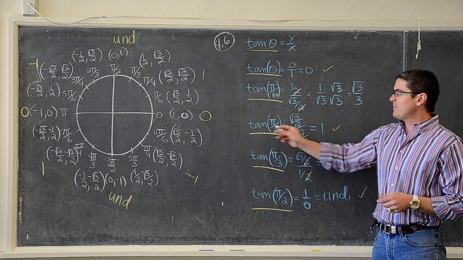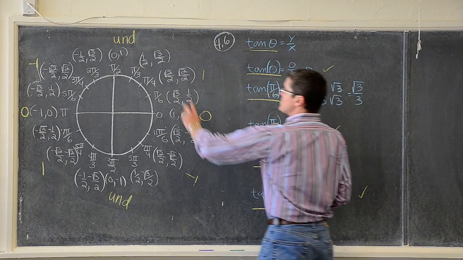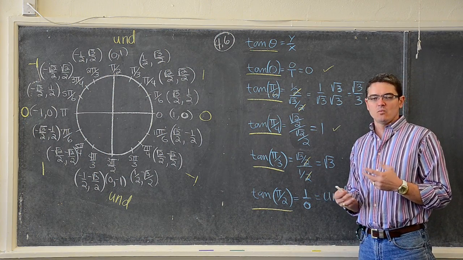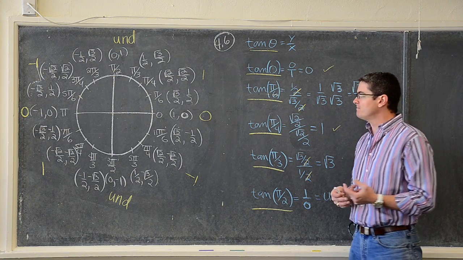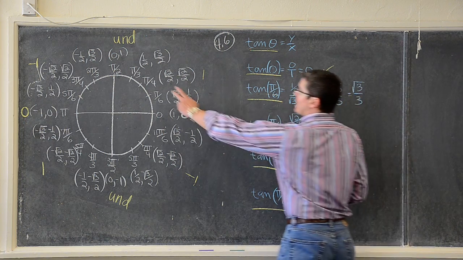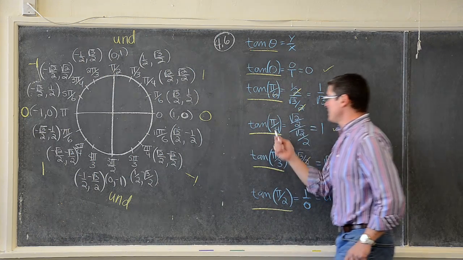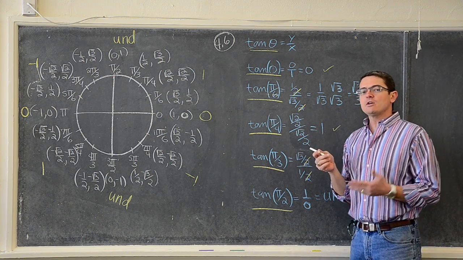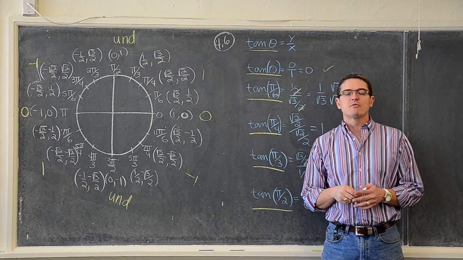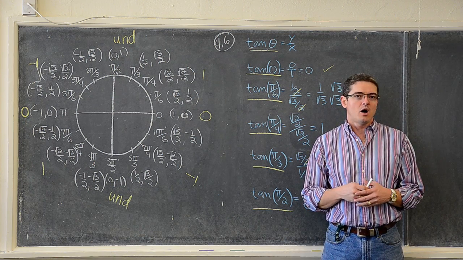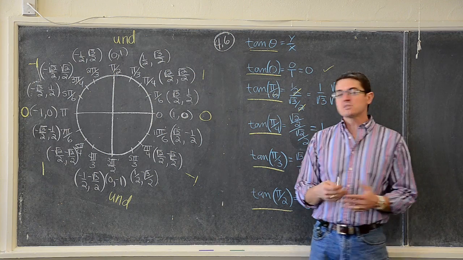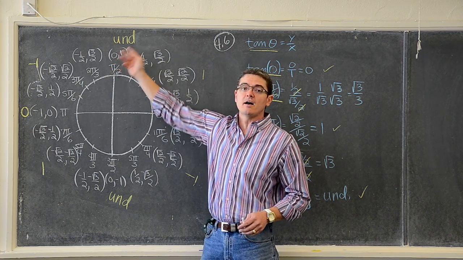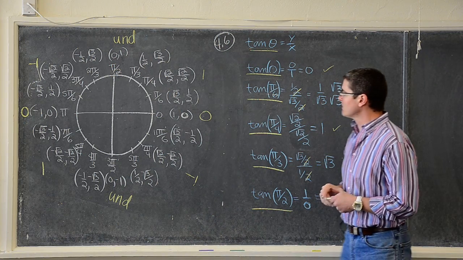The tangent of pi over 4: tangent is y over x, so it's not like sine, cosine, secant and cosecant, which always use the radius as part of their calculation. Because of that, when you look at pi over 4 and see that it's y over x, you get the value of 1, because anything divided by itself is equal to 1. So we only had to go 45 degrees, or pi over 4 radians, before we found an easy value to graph. With sine or cosine, you would have to rotate 90 degrees or pi over 2 radians to get to an easier value of 0 or 1.